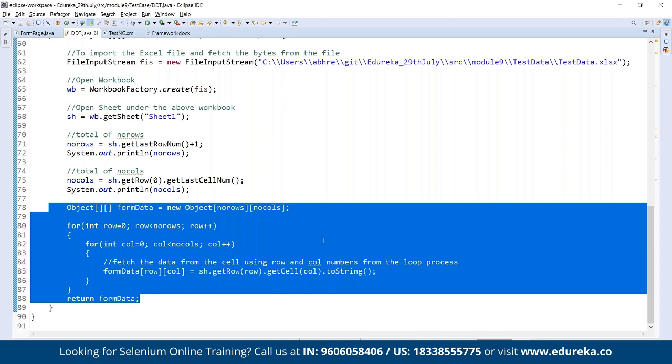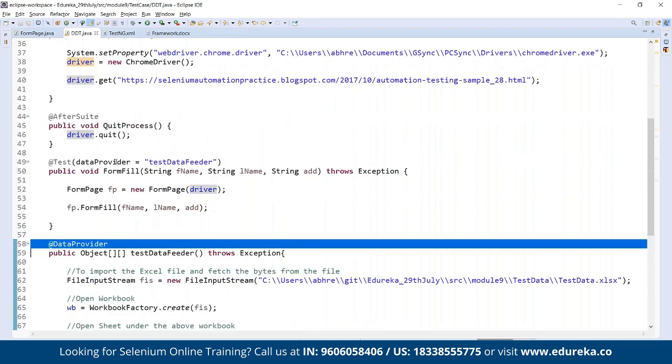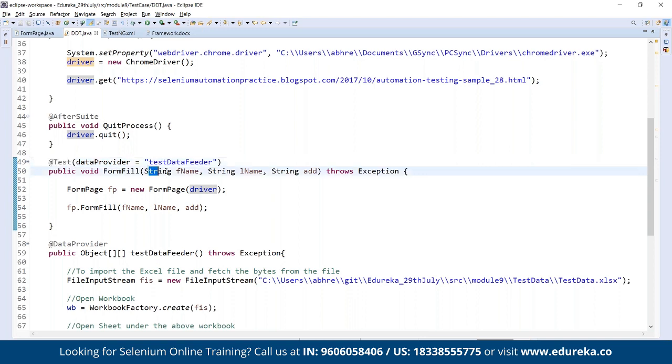Once you read that particular Excel file, you get a value into that particular cell. Let's say that cell has the value Amit. So that word Amit will be given to the data provider. Then the data provider will pass that input to this particular @Test annotation, wherein the first parameter, that is first name,